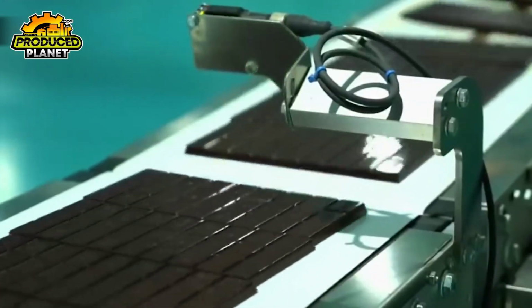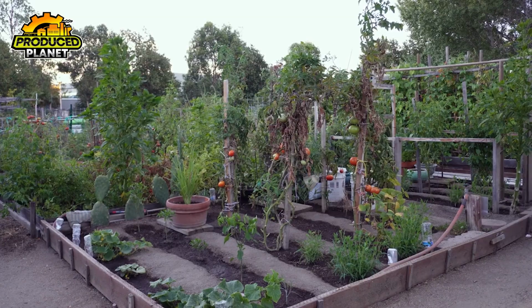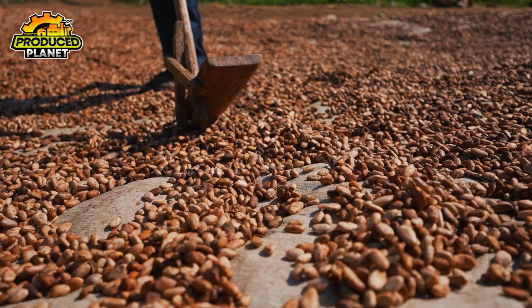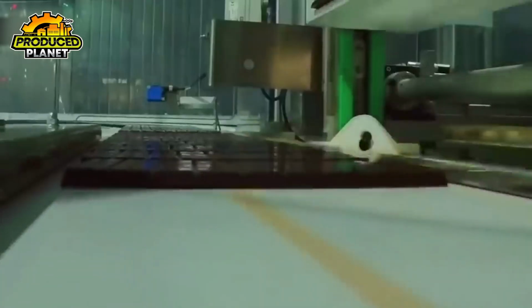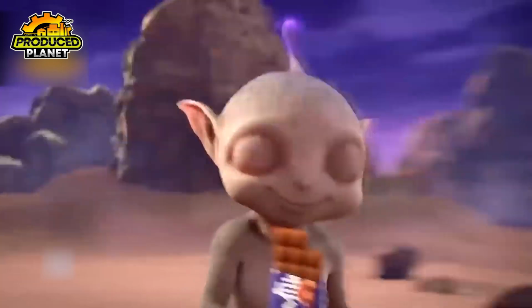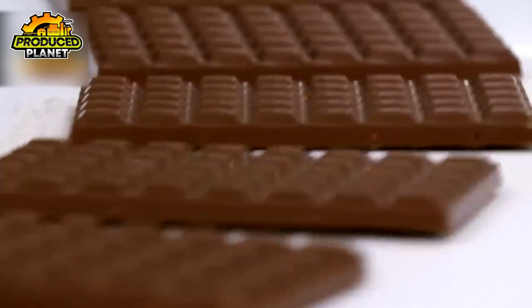And there you have it, the incredible journey of Cadbury Dairy Milk, from the cocoa farms of West Africa to the factory floors where chocolate dreams come to life. Every bar is a testament to over a century of craftsmanship, innovation, and dedication to quality. The next time you unwrap a Cadbury Dairy Milk bar, take a moment to appreciate the care and precision that